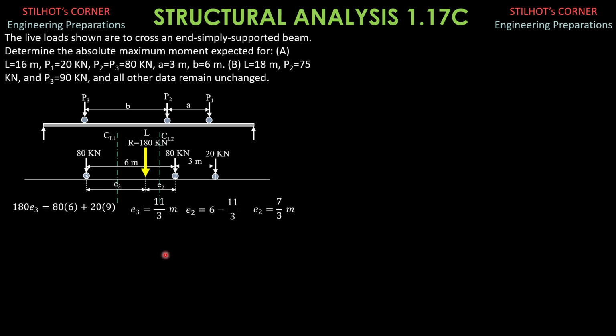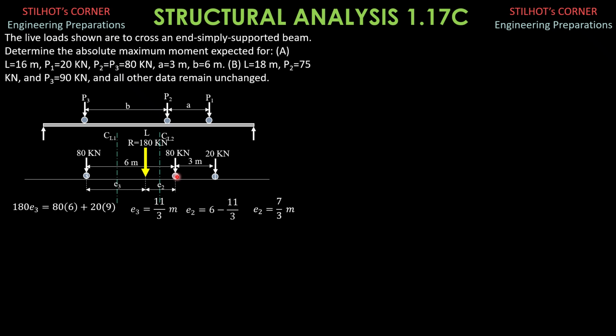So, without a doubt, because loads 2 and 3 are of equal magnitude, and when we position by principle the resultant and the heavier load, supposedly there's no heavier load between 2 and 3 because they are of equal magnitude. But since the distance E sub 2 is lesser than E sub 3, we are sure that the absolute maximum moment occurs under load 2. So we are going to evaluate that directly.